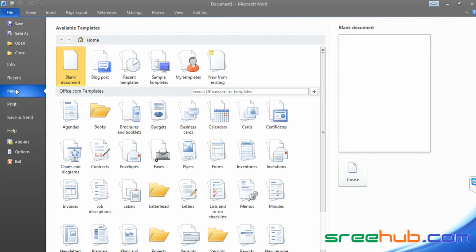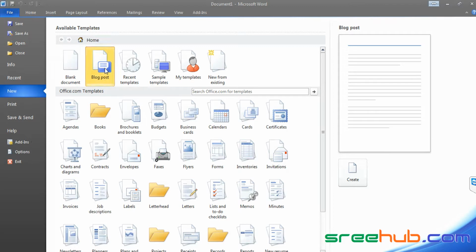actually, if you are just using Microsoft Word, we'll never go to any other templates. It's a basic behavior anyway. Even I never used to go, but you have so many templates which can be used, but we always go for a blank document, right? Besides that, we have something called blog post. This is the one used to create a blog post. It is not a blogging site you are creating, but a single post. That's it. Now again, this blog post is not only used for SharePoint. You can use this for any site which supports blogging, but there are some predefined ones. We'll just see what they are.